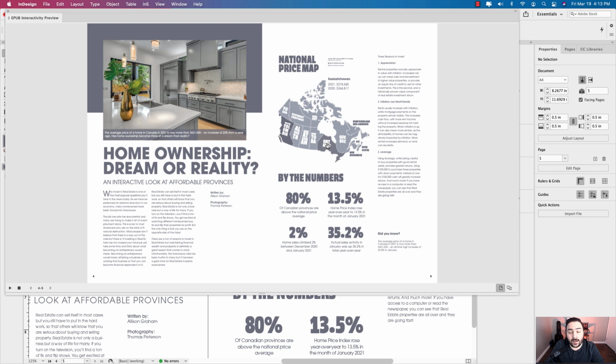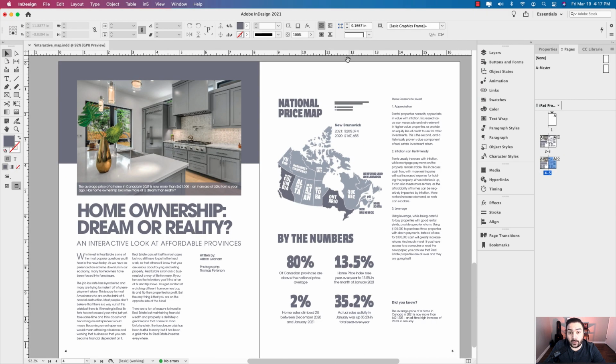So let's go ahead now and export it as an EPUB fixed layout. We're going to export this as an EPUB fixed layout and open it in an e-reader such as Apple Books or Adobe Digital Editions or the e-reader of your choice. I should note that this will not work for interactive PDF, so do not even attempt to open it in Acrobat because Object States animation will not work. You can publish this online,